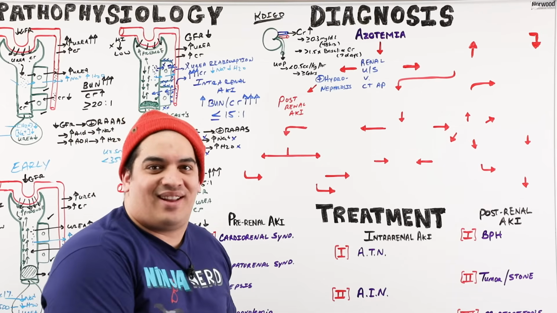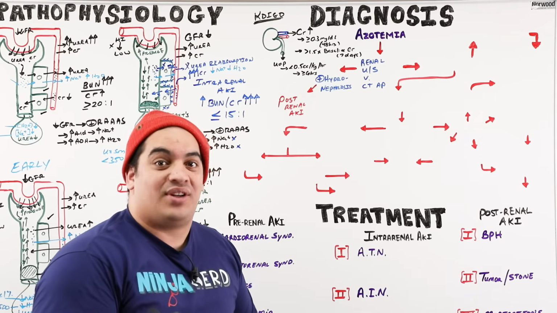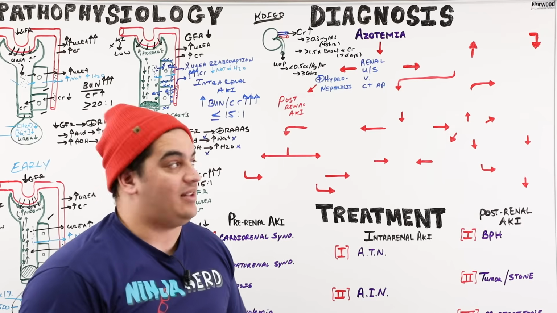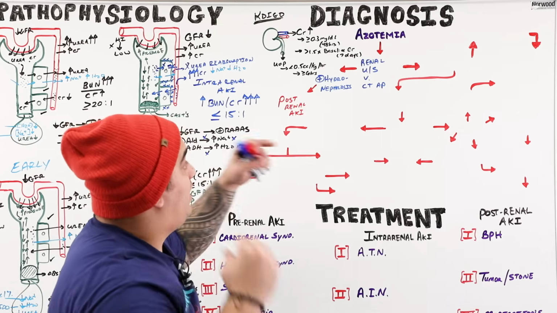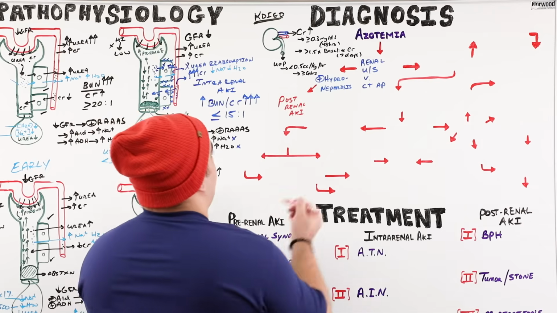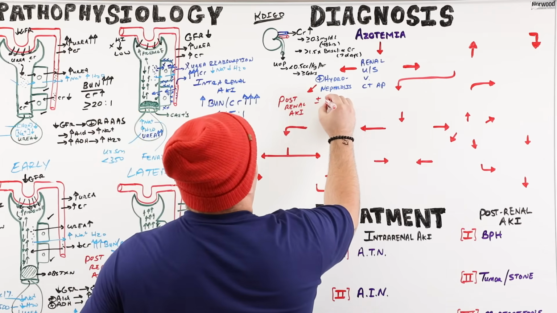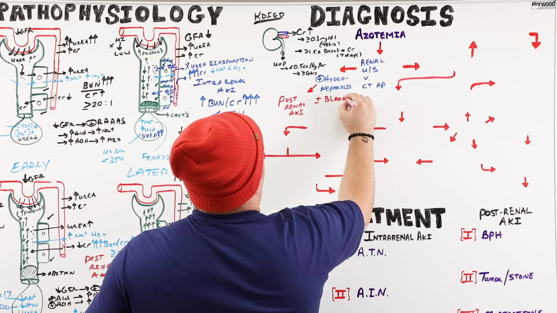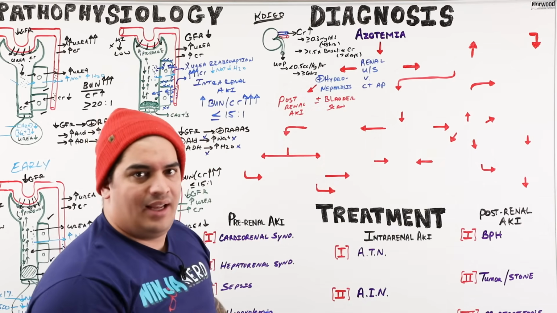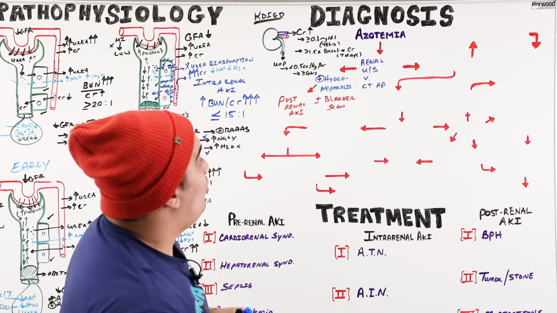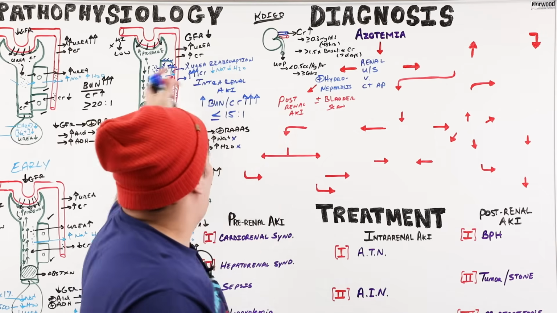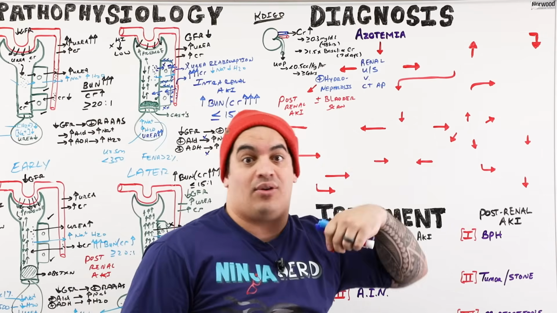Other things that you can easily do is check a bladder scanner. Right? That can maybe show that they have retention. Maybe there's something distal around the bladder neck or beyond that that's causing this. So there's things that help us to realize this. But again, a quick, easy one is checking a renal ultrasound or CT abdomen pelvis, and another thing you can add on that is commonly utilized is a bladder scan as well. Because this can help you determine from the neck down, usually at the level of the bladder and down, if there's something else wrong. Okay, beautiful. Now that we've determined it's post-renal AKI, we can go down the list of all the things ticking them off. It's not this, it's not this, it's not this, or it's this.